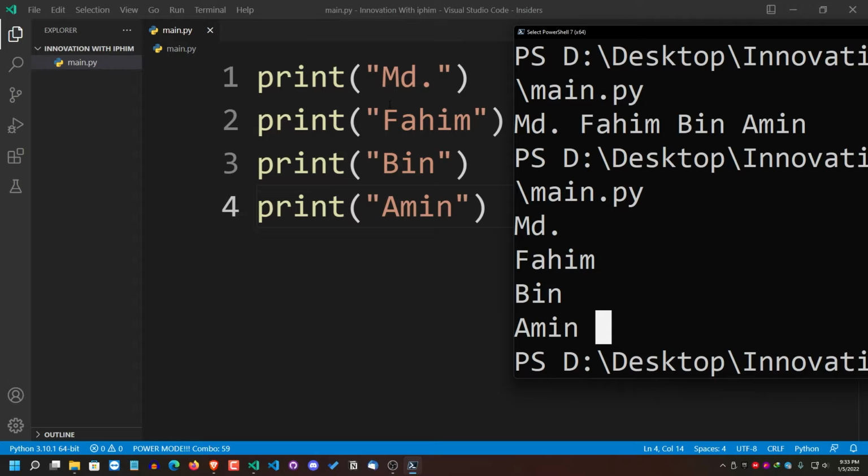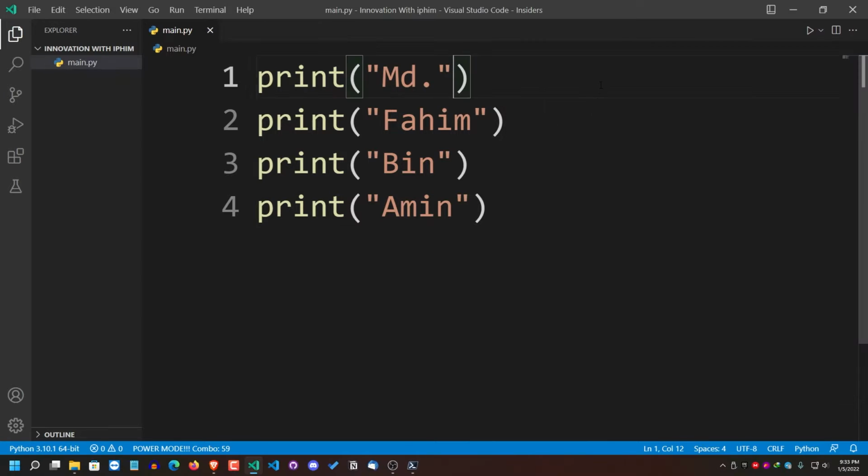Exactly the way it's supposed to print it. Because as we have already told you earlier, by default Python executes the print statement as a new line after every statement. If we consider this as a normal statement, we see that we haven't used any kind of new line character, but Python will automatically generate a new line after printing every single statement. So that's why after printing Muhammad, it generated a new line character by itself,